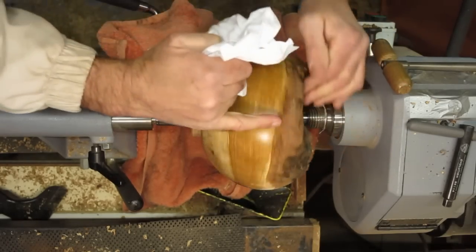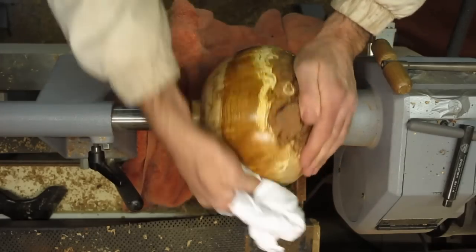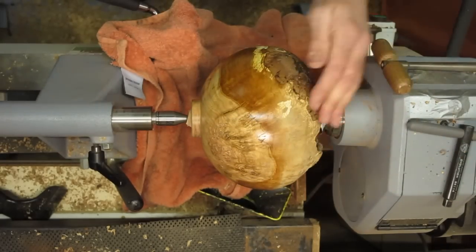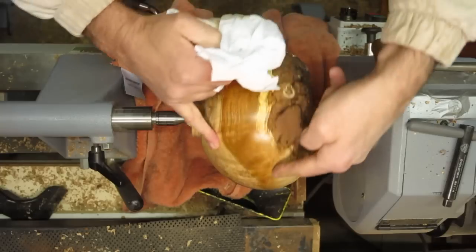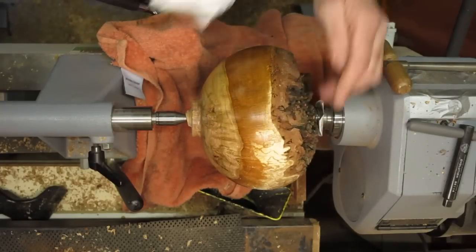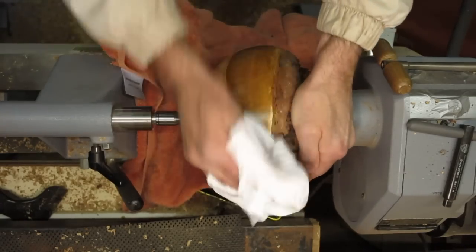I'm only worried about this piece for now, because again, if you visualise, let's just say it all went pear-shaped, you're still going to have a nice bowl there, even if it comes off. So